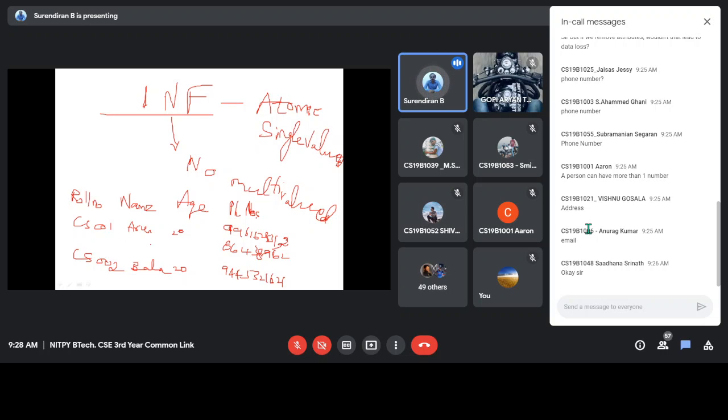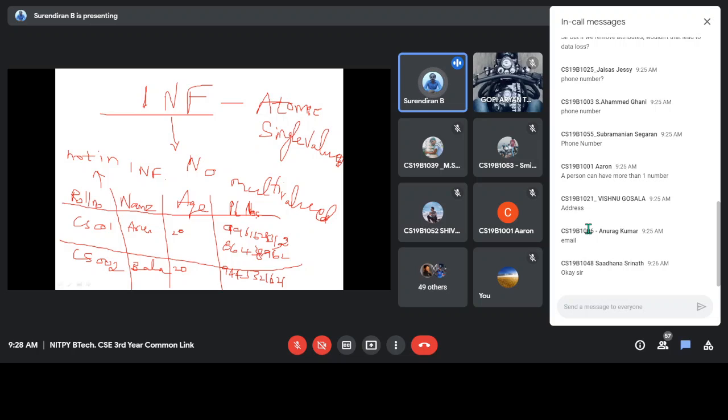In this case, for Arun, we have two numbers. So how we can split this table is, this is not atomic. It's not in first normal form. We say that this is not in 1NF. How we have to split it up is, either we use phone 1, phone 2, or we create multiple rows. Or you can split the table into roll number and phone number separately, so that way it can be done.